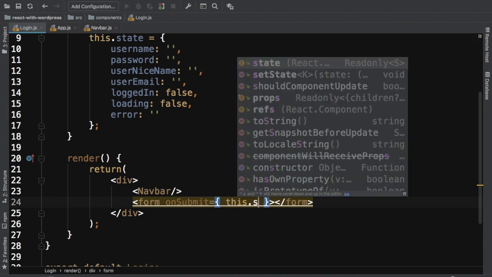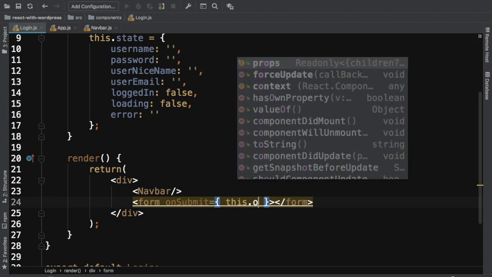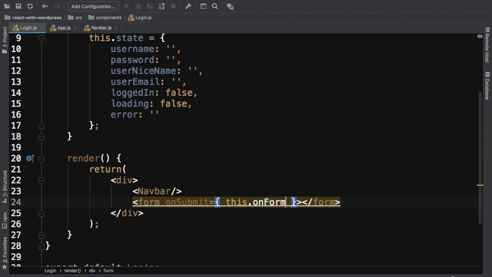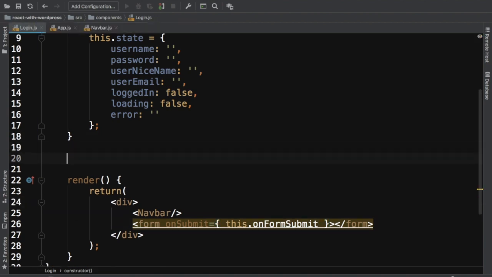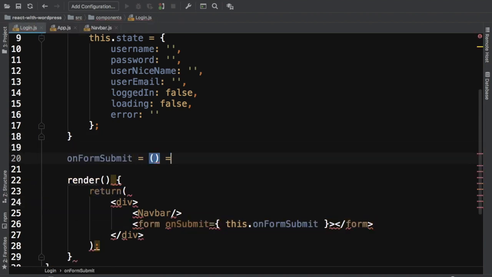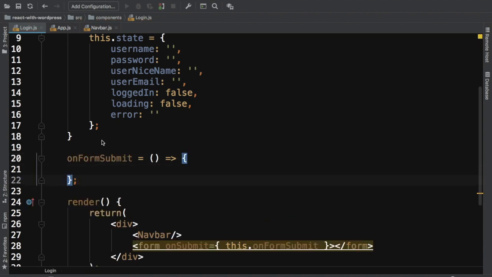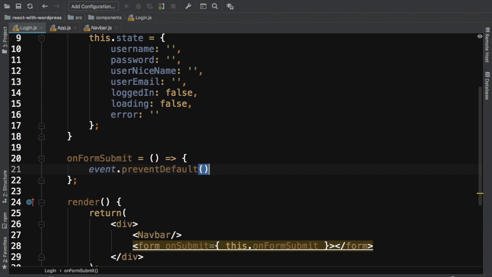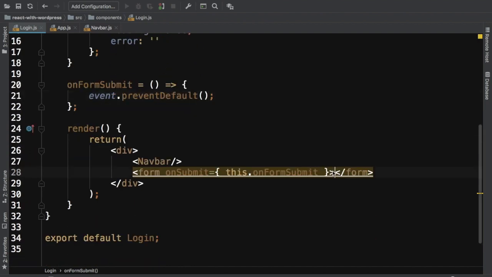So we'll create a function, this.onFormSubmit, and let's just add this function here on top, and this will be an arrow function. This will deal with the submission of the form, and there will be event.preventDefault. And inside of this form